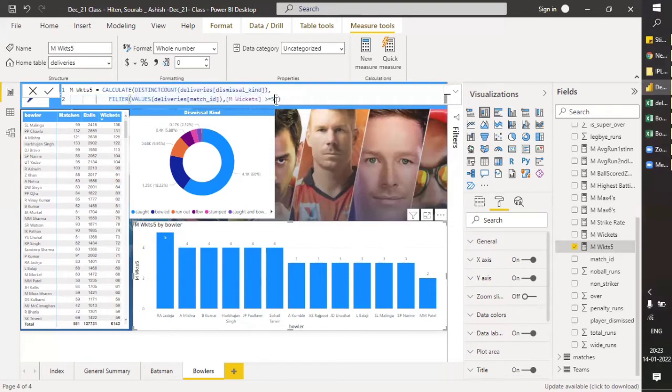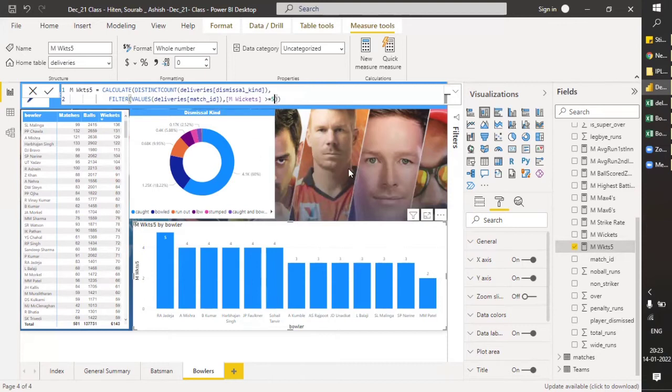So if it is greater than 5, then our condition will be true. So if the bowler has taken more than 5 wickets, then it will pass the test, and then the count will appear.